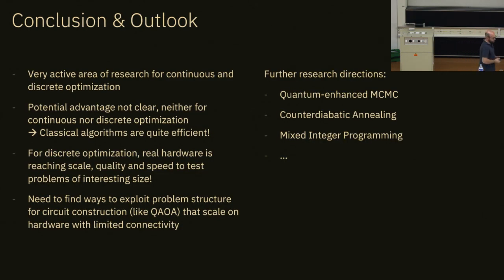All right, now with that, I'm already coming to the last slide. I think quantum optimization is a very active area of research. And I think if we find an advantage, if we find something that works, that finds applicability in so many domains. So I think the usefulness of a quantum advantage in optimization is huge if we can realize that. However,